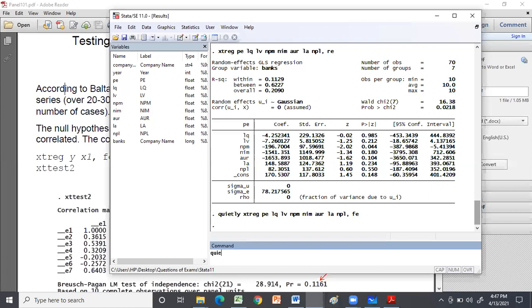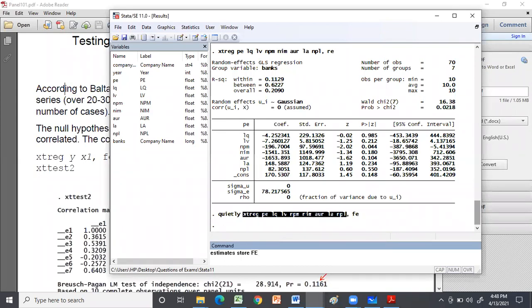Similarly, again quietly regress the same model using the random effect, that means re. Then another command you have to write down: estimates store